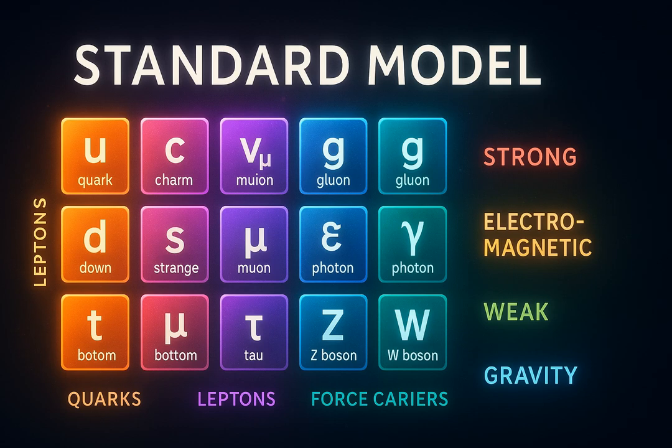Wow. Okay, leaving out gravity is huge. What else is missing? Well, related to gravity and cosmology, the Standard Model has absolutely nothing to say about dark matter and dark energy. Which make up most of the universe, right? About 95% of the universe's energy density, according to our best cosmological measurements. Dark matter provides the extra gravity needed to hold galaxies together, and dark energy is driving the accelerated expansion of